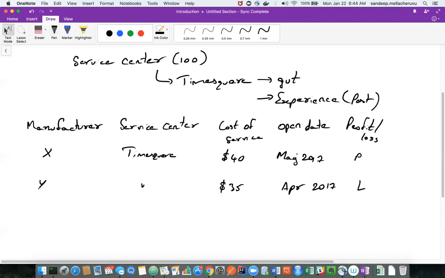So you get some data like this, and you need to analyze based on these manufacturers, the service cost, the open date, and all this data I have provided here. You need to identify whether the service center is good for you or not. I mean, are you going to open the new service center or not? These decisions you can either take by gut, which means okay, I can open a new service center in Times Square, but I don't know what the ground reality is there. But I go by gut.